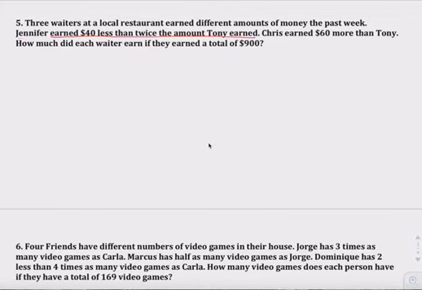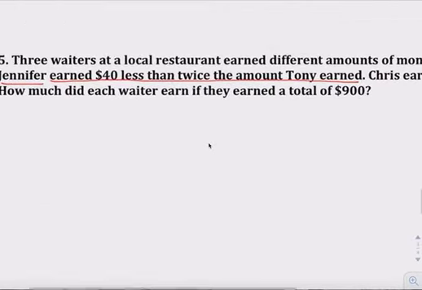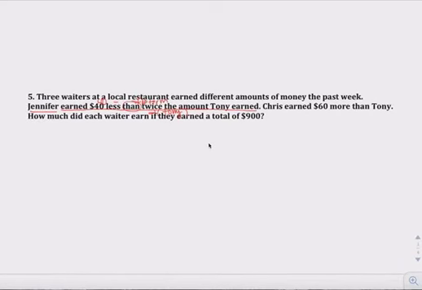Jennifer earned $40 less. So that's 40 minus. Then that means to flip the terms. Twice, it's 2 times the amount Tony earned. So twice Tony. Do we know Tony's earning? No, they never said. So Tony